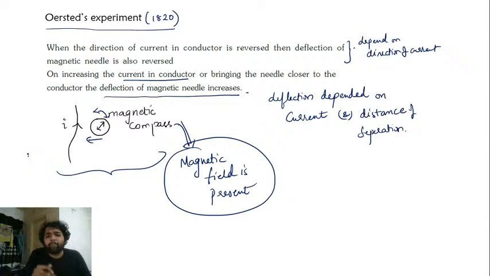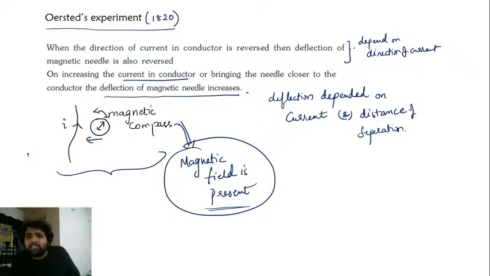The magnetic field, that was only related to magnets in the beginning. Understood? It initially was thought that magnetic fields were produced by magnets and electric fields were produced by charges. They never thought they both were linked together. So electromagnetism is a fairly recent concept. Understood? Electromagnetism means the link between electricity and magnetism, which didn't happen till the 1820s. Only when Oersted observed this, then they started observing magnetic field also.